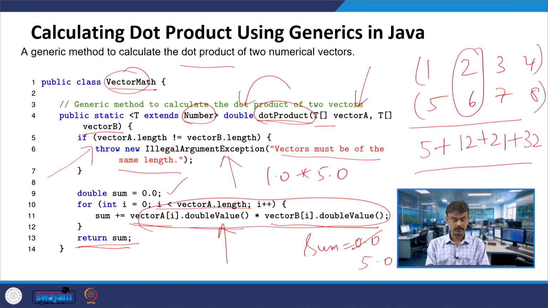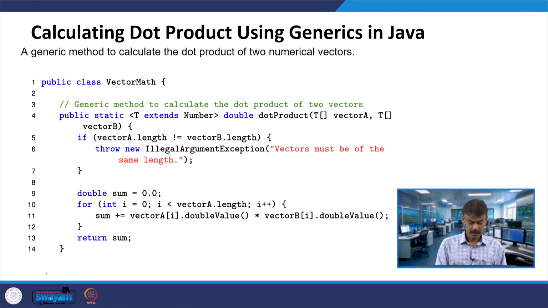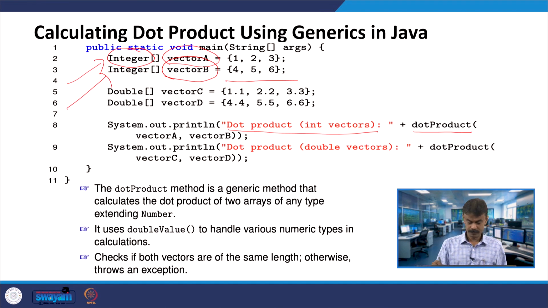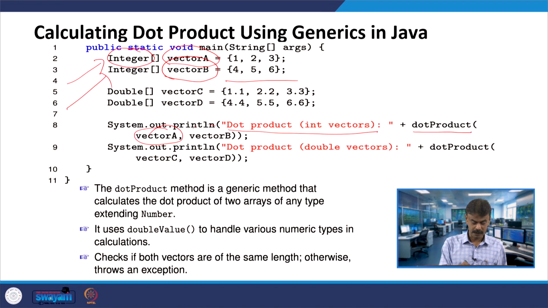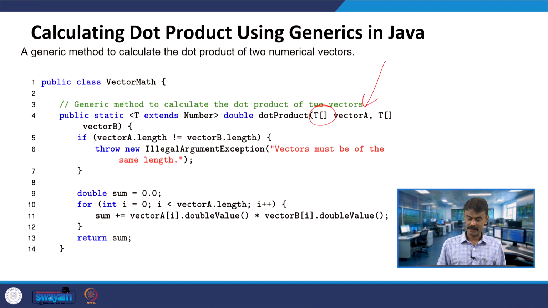When I put the notation like this, it is nothing but an integer array, T is becoming integer. You are passing vector A and vector B, and the local variables are also vector A and vector B.